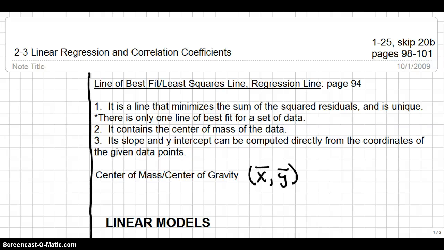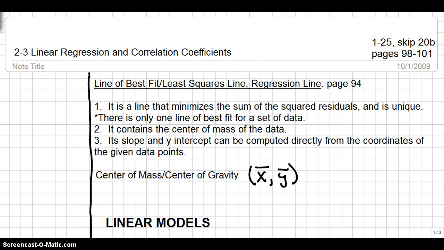This lesson is for FST lesson 2-3 on linear regression and correlation coefficients. Unfortunately, our book is not consistent in their naming of the linear regression line. Sometimes they refer to it as the line of best fit. Sometimes they call it the least squares line. And on the calculator, it's referred to as the regression line. So students just need to be aware of the fact that when those three things are mentioned, they're referring to